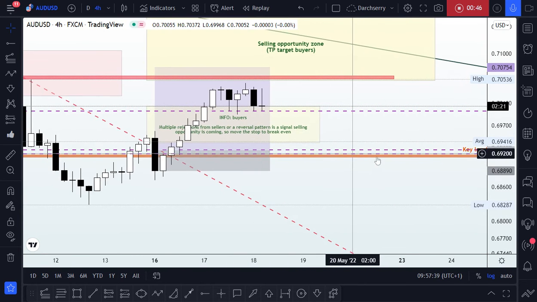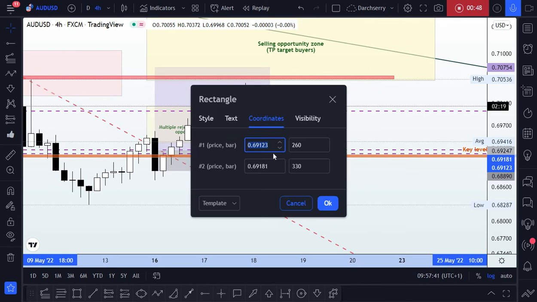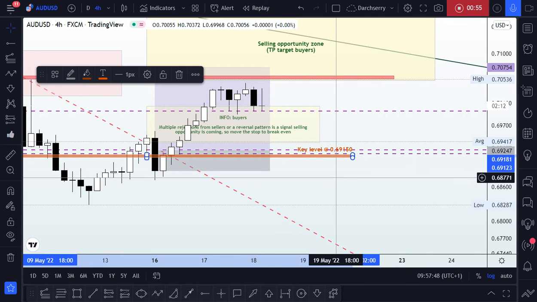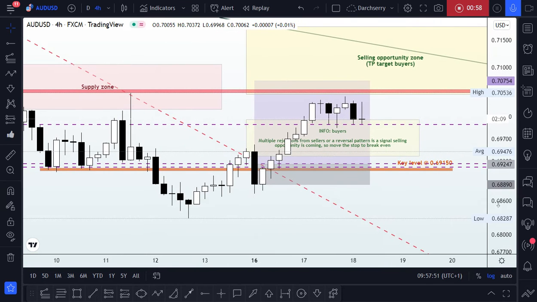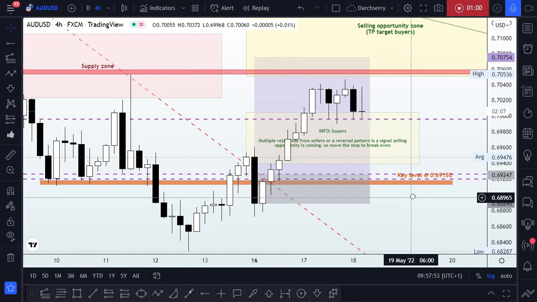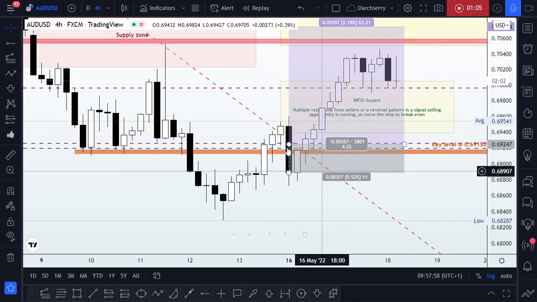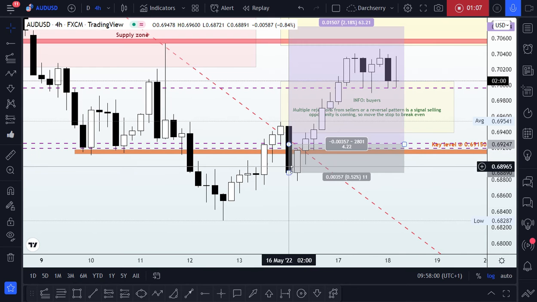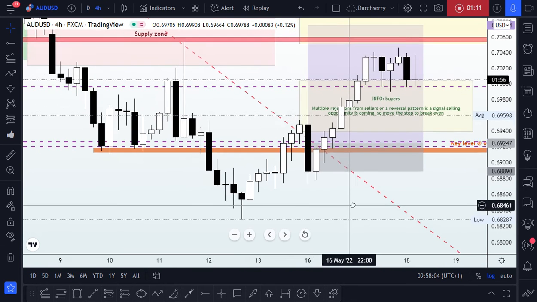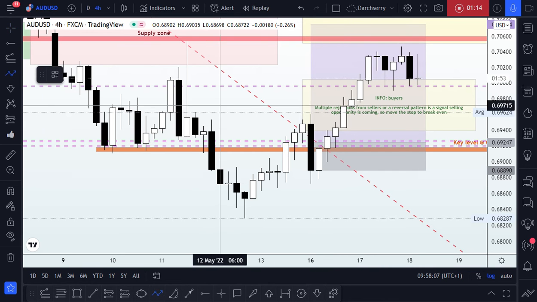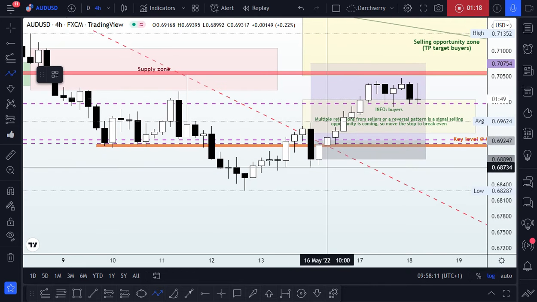0.69150. Give me a moment, let me adjust this so that we can have it clearly seen. Okay, yes, 0.69150 shall be our guide going into the new week. And if you remember last week, we had this candle last week, this bearish engulfing candle. And I made mention that if this bearish red dotted candle will hold and service us for this week, we